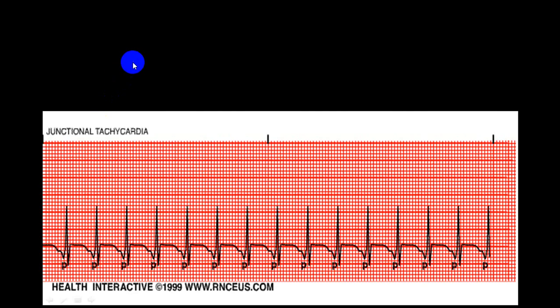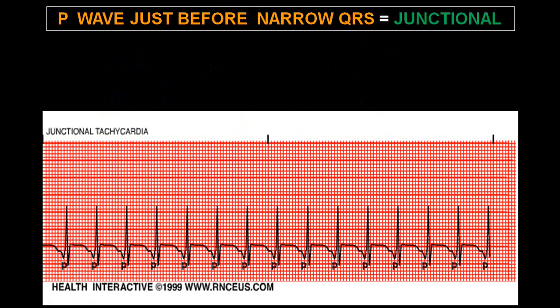Now if you see here, this is junctional rhythm. There is a small P wave just before each QRS complex. QRS complex is narrow and P wave is in the opposite direction of QRS complex. So this is coming from an atrial focus but abnormal. QRS complex is because of the AV node activation, and the AV node activates the atrium and that gives rise to an abnormal P wave followed by a narrow QRS complex, and rate is more than 100. So this is called junctional tachycardia.